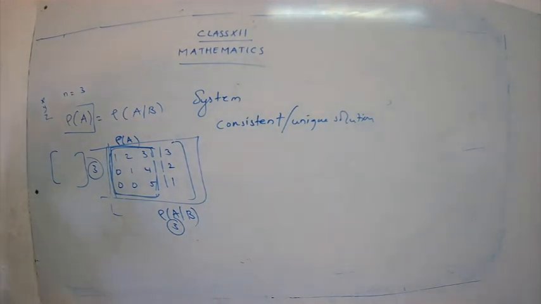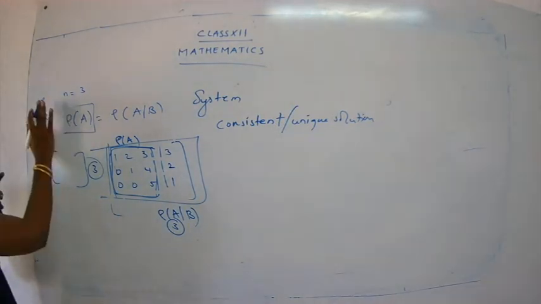Okay, now let's go for the second point. What is the second point? If there are n unknowns in the system Ax equals B, and rank of A is equal to rank of AB is equal to n minus k, then the system is consistent and has infinitely many solutions, and these solutions form a k parameter family. Okay, I'll explain, as you may get confused with the statement.